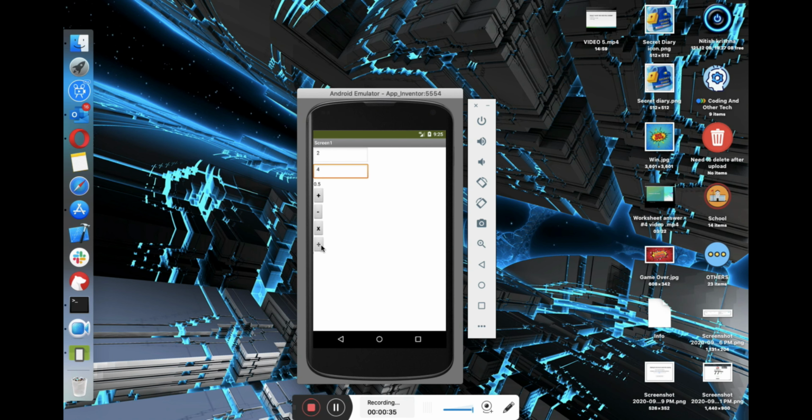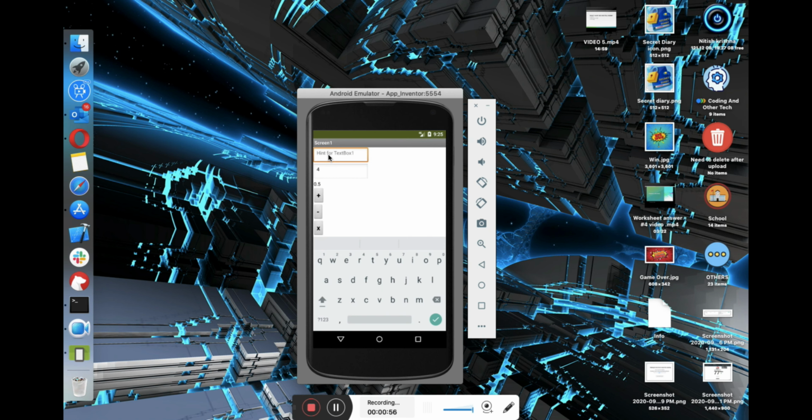So this is the math block which we used here, and it's very easy and very useful. It will be used in most of the apps, for productivity apps mostly. So this is the emulator which you have already seen how to download, install and run. If you have not seen that, you can click on the pop-up which comes above.